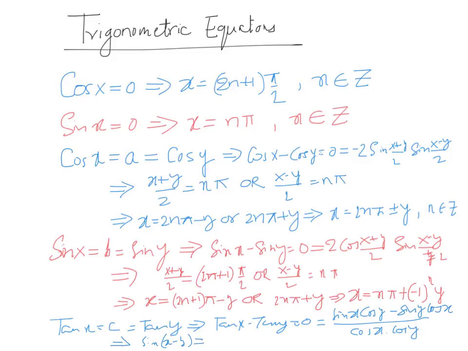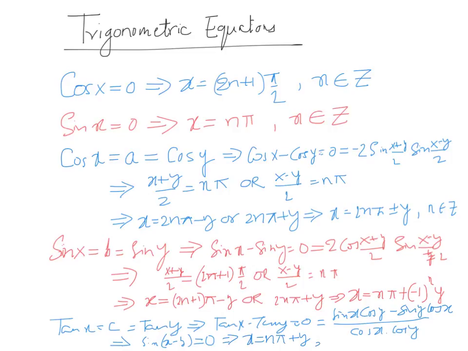And if that has to be equal to 0, then it implies that x minus y should be equal to n pi, or x should be equal to n pi plus y, where n is an integer number,